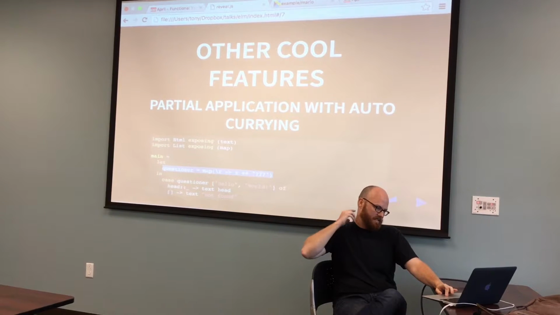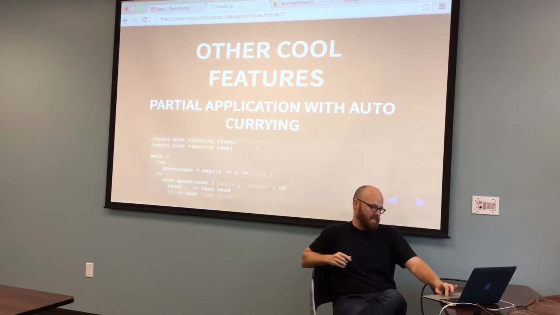This is an anonymous function that I am passing to map, which is just going to take whatever it gets, a string, and add question mark, question mark, question mark to it. What it'll actually return when it goes through is hello, question mark, question mark, question mark, if there's text.